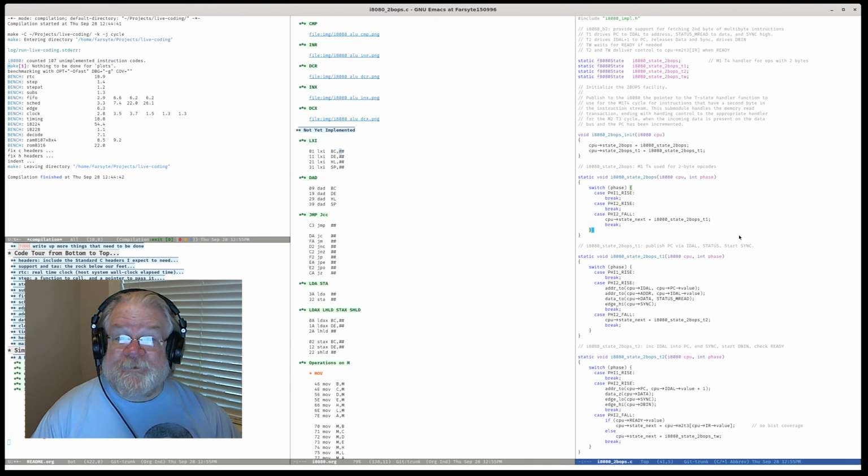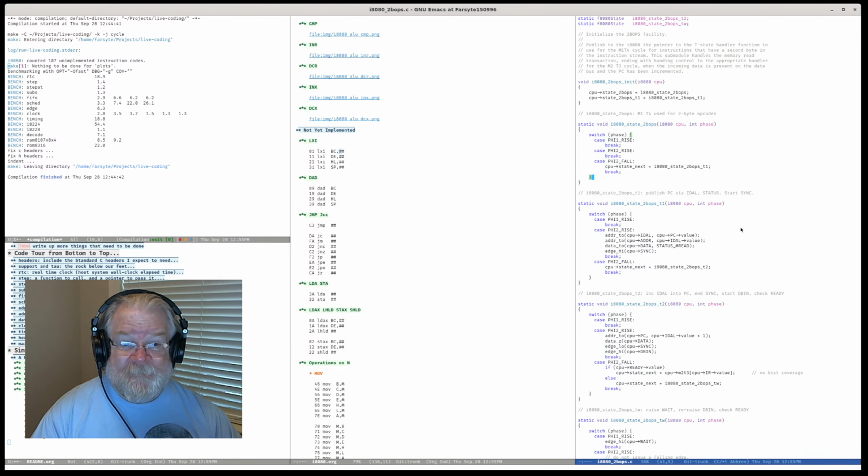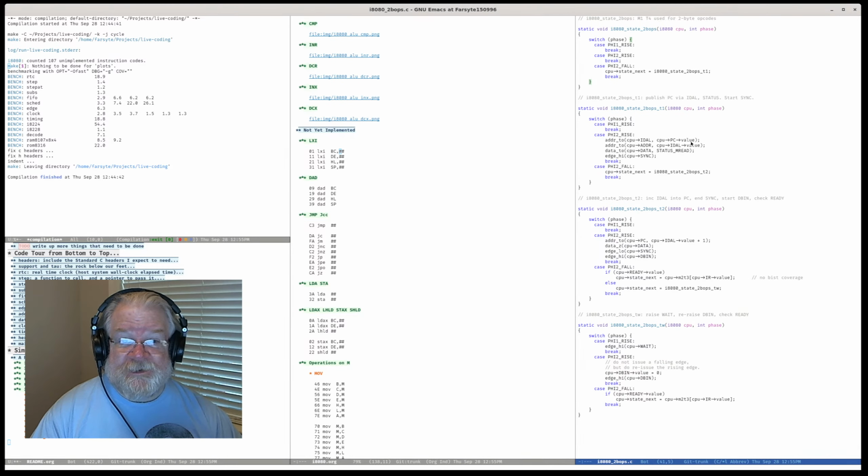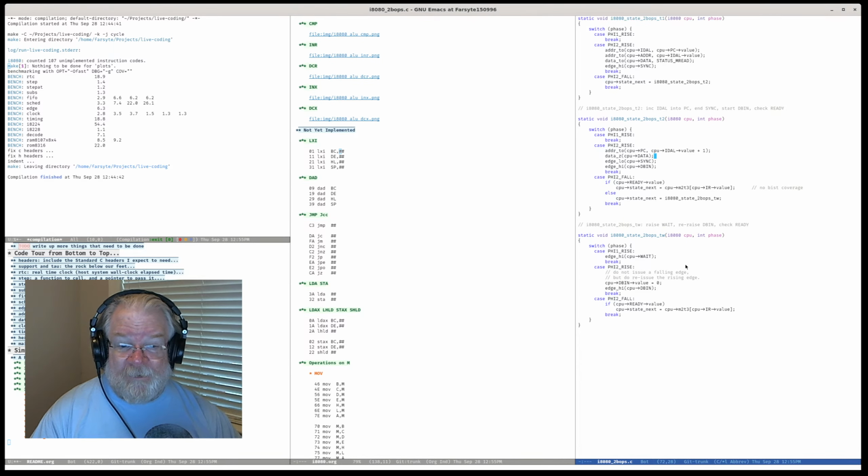I would love to use 2bops for both of these immediate operands, but while most of this works, including the T1 and T2 doing all the right things and getting it incremented and all of that, the fact is that when we come out of the T2 or T-wait steps, we're ready to do the T3 of that machine cycle.